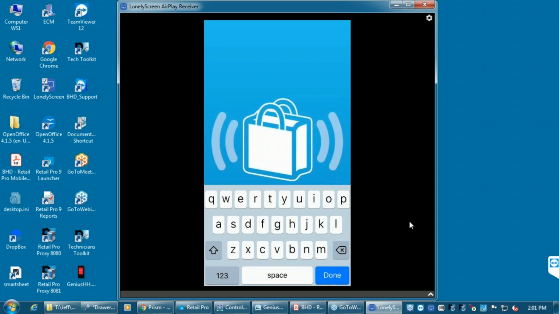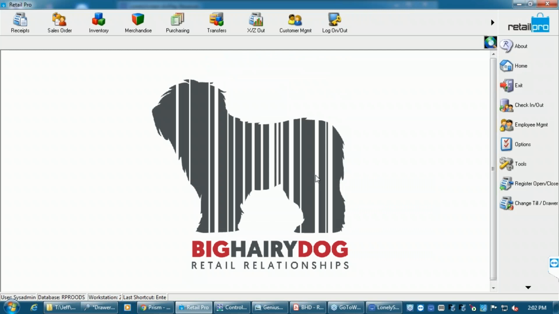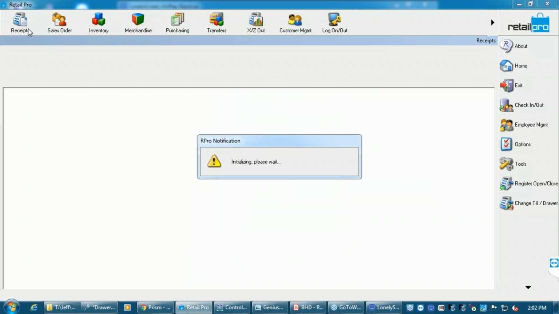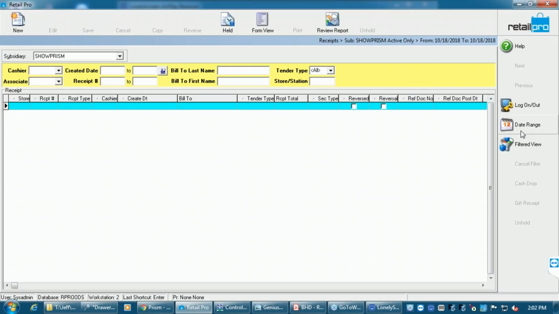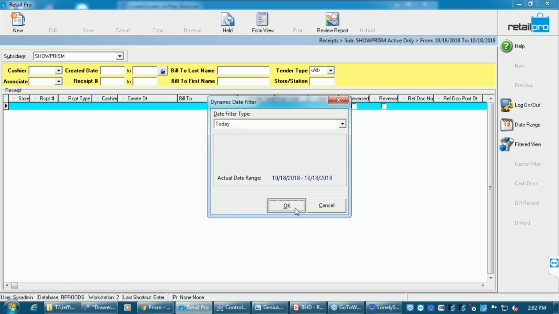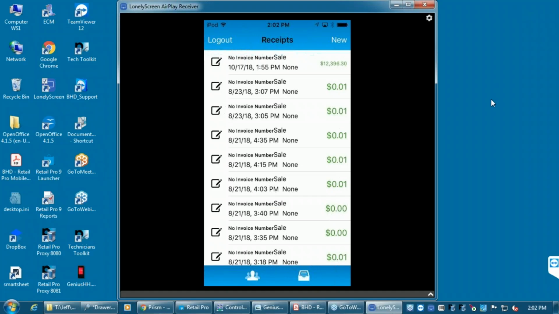I think I got that right. Let's see. All right, popped right in, and well, let's just do something real quick. Here's Retail Pro running in the background, and let's go to receipts and see what's going on in receipts. Okay, so my date range is set to today, and you can see that I have not made any receipts today in Retail Pro. So I just want to kind of establish that up front here,